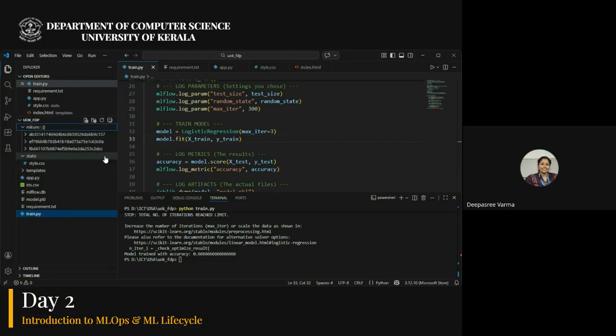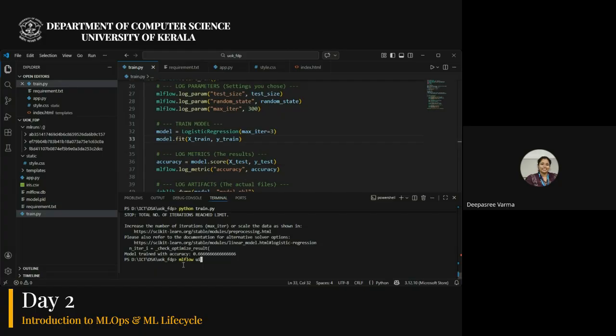So now I have 3 experiments to track. I have tracked 3 experiments, out of which two gave me accuracy 1 and one gave me accuracy 0.66, right? I want to see this as a visualization. It will be more useful for me like that. So let me try using a visualization.